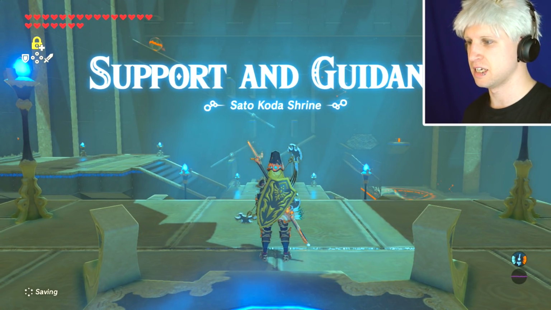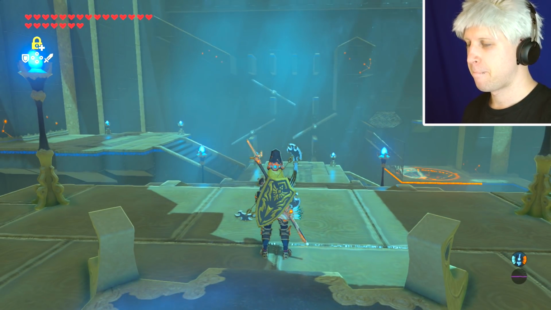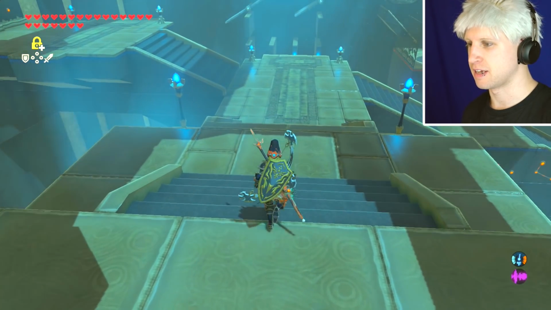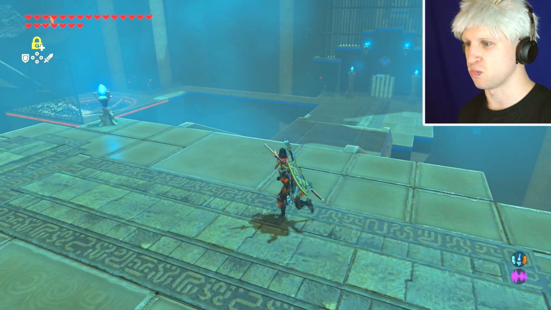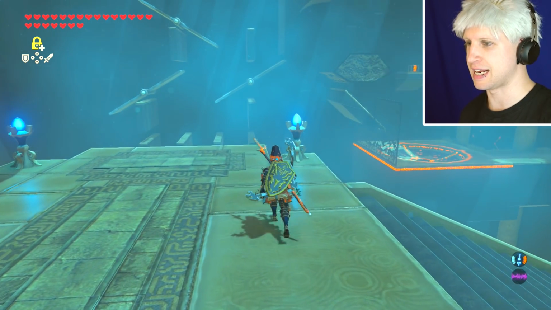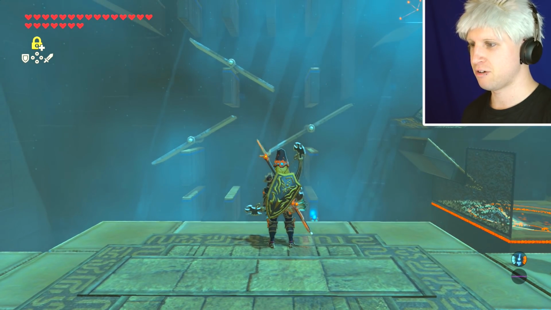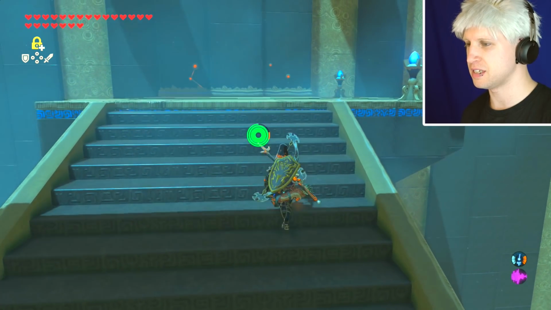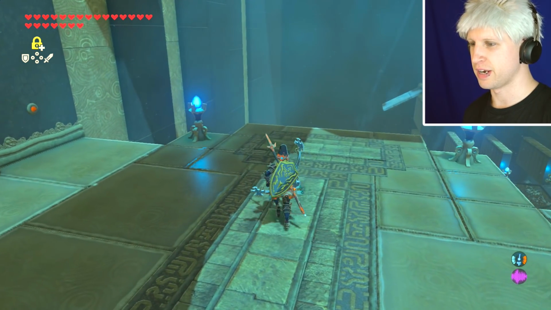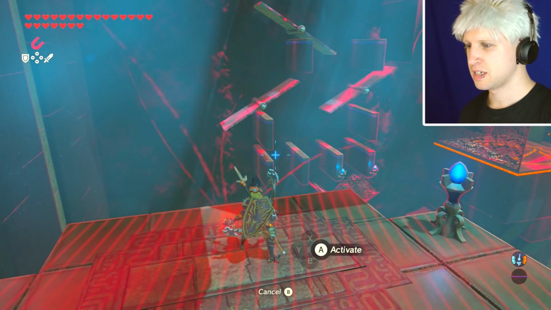Support and guidance. Already I'm not liking what I'm seeing here. I'm really not liking this. Okay, well, anyways, hopefully it's at least an easy one. It seems like the trial is just getting this thing all the way to the end. How exactly are we supposed to do this, though? Are there switches? Are there buttons somewhere? What is the point in even coming over here? I really don't understand. Because otherwise we can't...